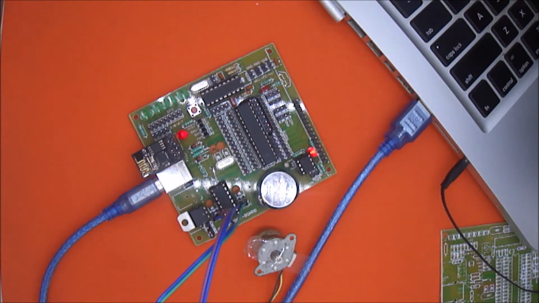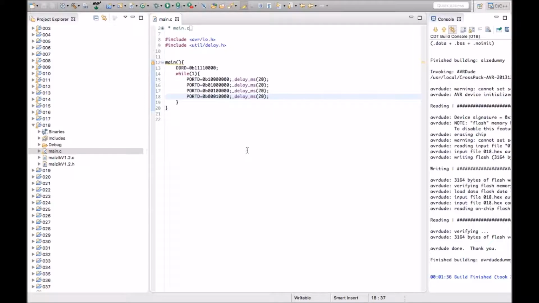So we have connected all 4 wires to L293D so that these can be controlled using the D4, D5, D6, D7 pins of the microcontroller. The connection of these wires to the pins must be in proper sequence, then only it will rotate. Now what we have done is we have written a small code where we have set the DDR of D4, D5, D6, D7 to high so that they will become the output pins.